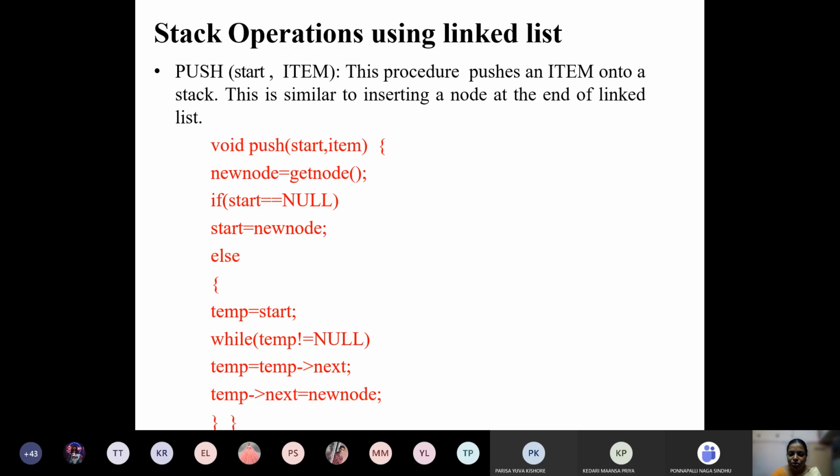I request all the CRs to post the attendance. 55 are attending the class.